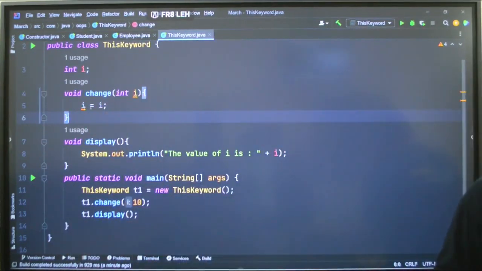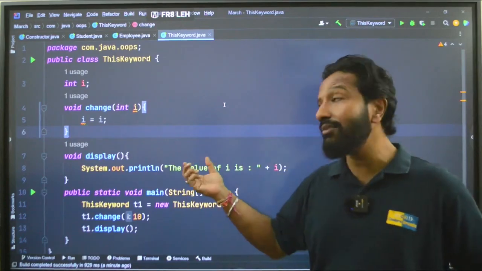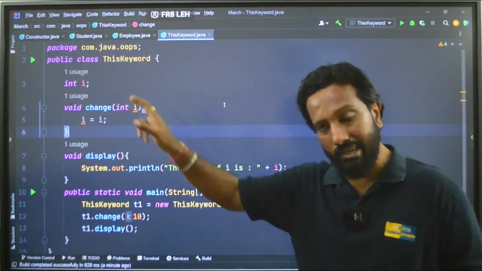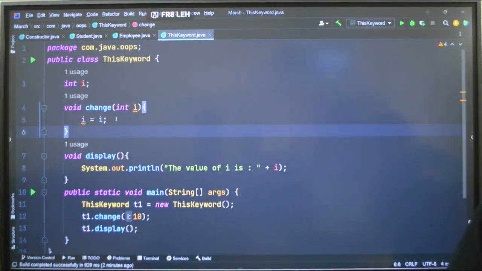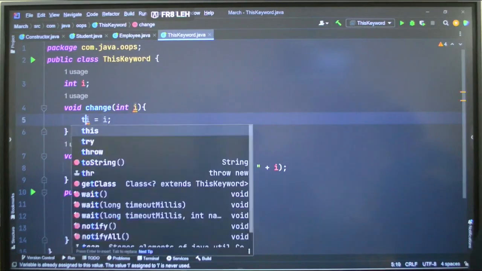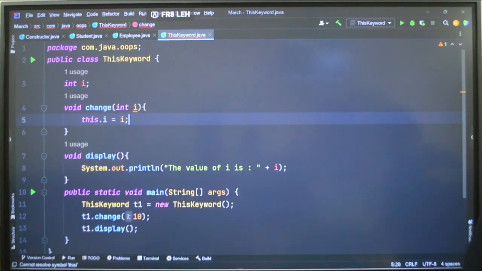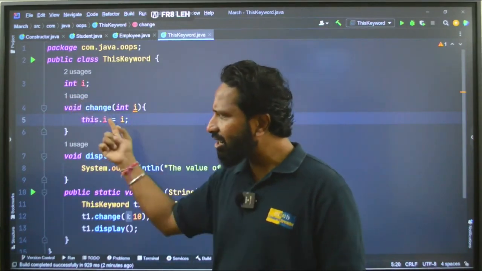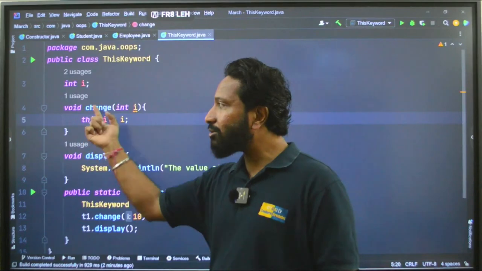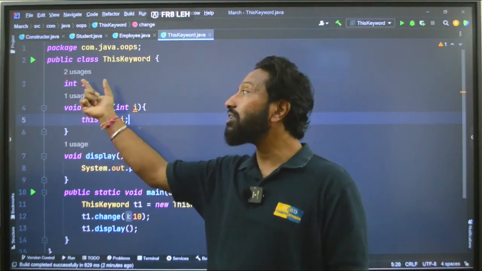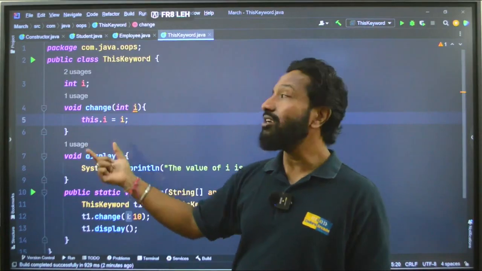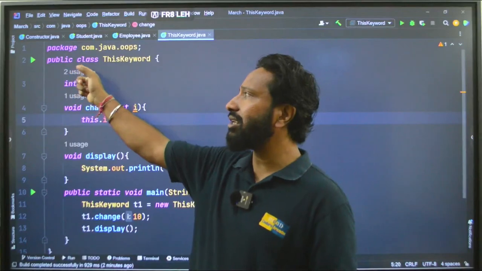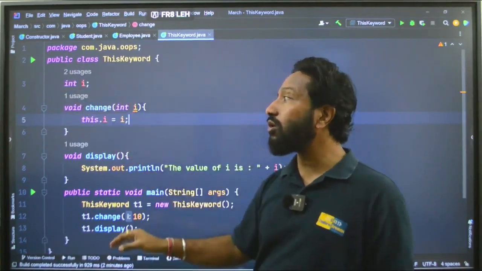So, now how do you solve this problem? The problem is this keyword. So, when you write this dot I, it will refer to this particular variable. Now, see, as soon as I write this, the color will change. If I say this dot I, automatically this becomes red color, this becomes red color. That means the color combination shows that this is actually referring to this variable, right? So, that is how you understand this. Got it? So, this keyword refers to the current class instance variable. Okay, that is how we solve this problem.